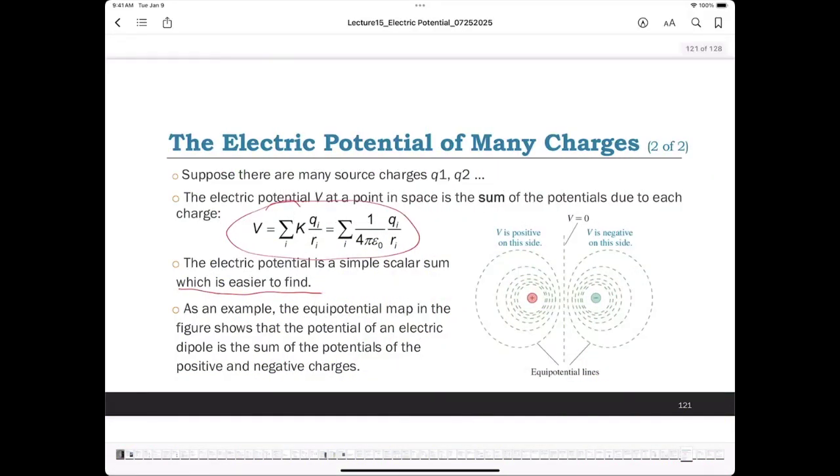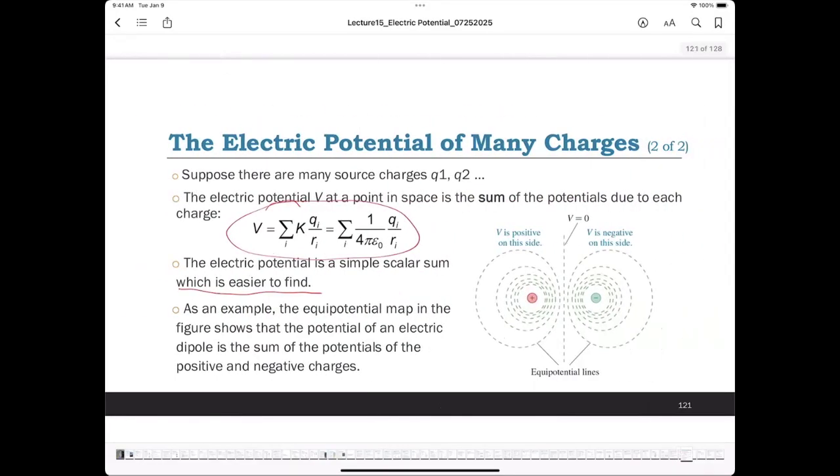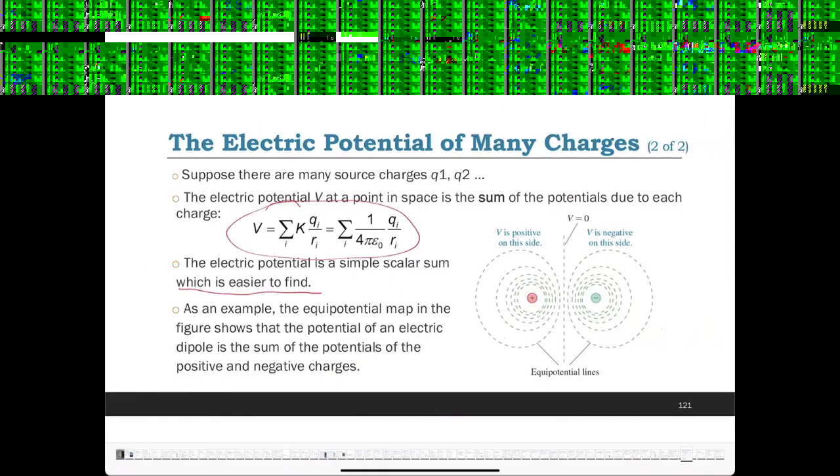Suppose there are many source charges Q1, Q2. The electric potential V at a point in space is the sum of the potentials due to each charge. Because we just talked about it, the electric potential is a simple scalar sum, which is easier to find. As an example, the